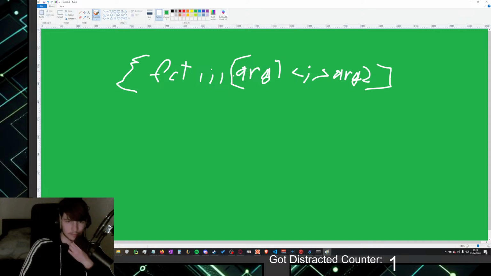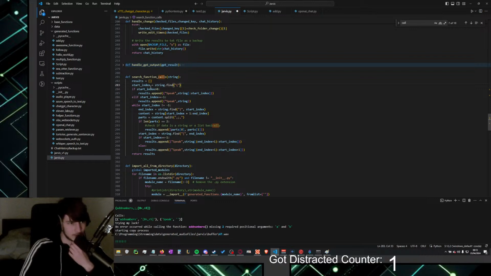I think that's how it formats it currently, and then curly brackets again. So that function checks where this is, then it splits it here. Wait, so first it checks this. First it checks this, then it splits it here, right?